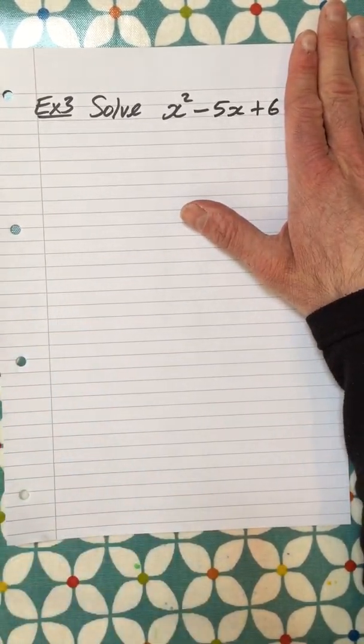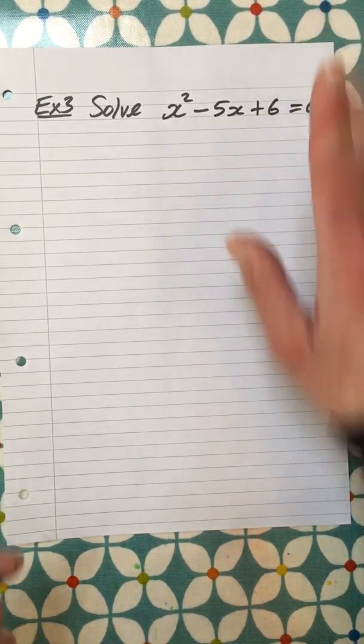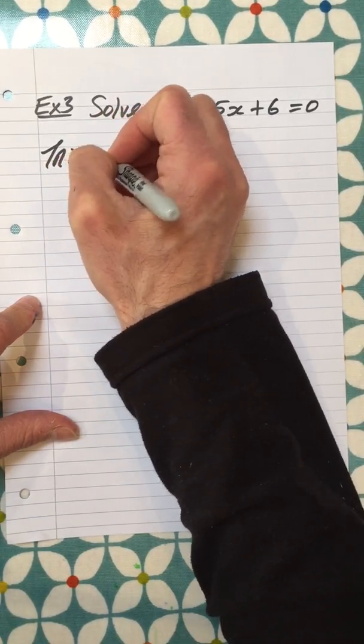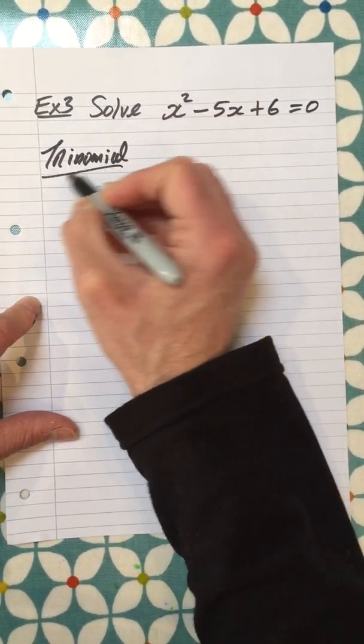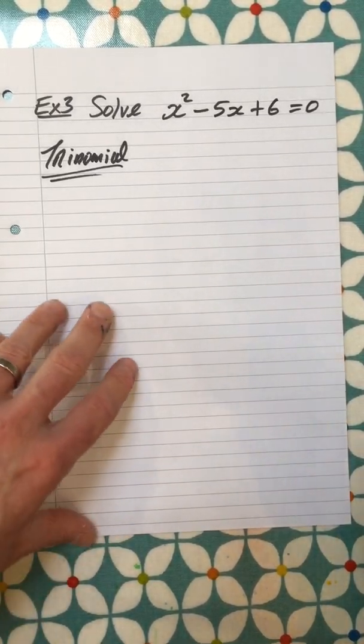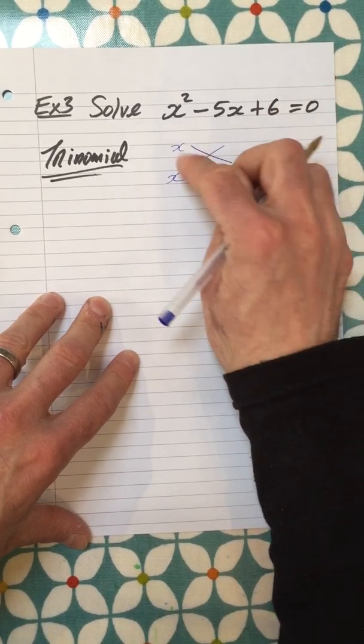So we're straight into looking at this. Is there an HCF? No. Is it a difference of 2 squares? No. Is it a trinomial? Yes. And again, you might have to revise the chapter that we did on factorizing. The method I use is the so-called x factor method. Remember, we put an x here and an x here because x by x is x